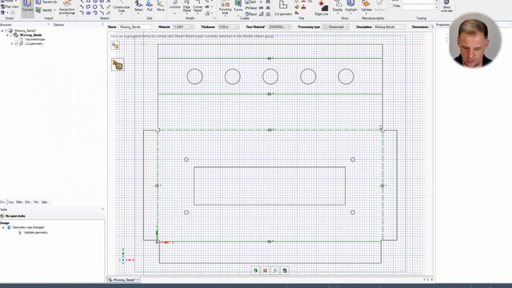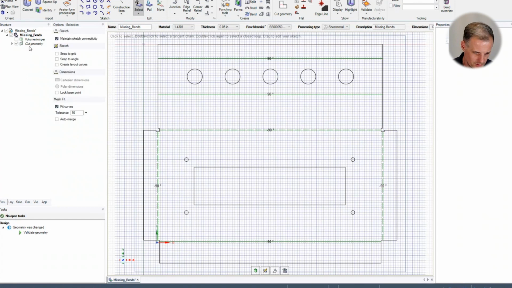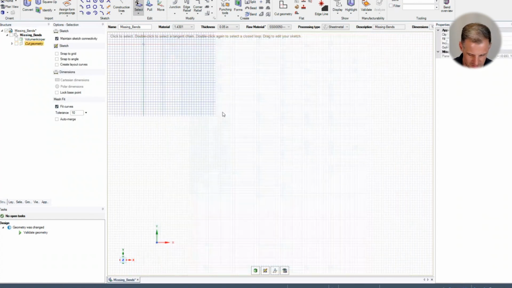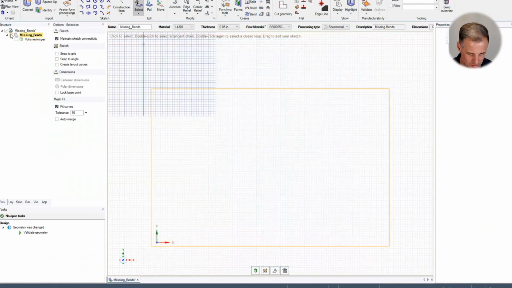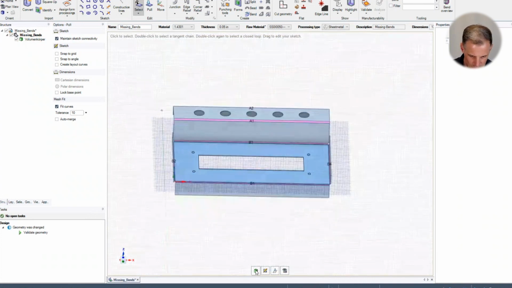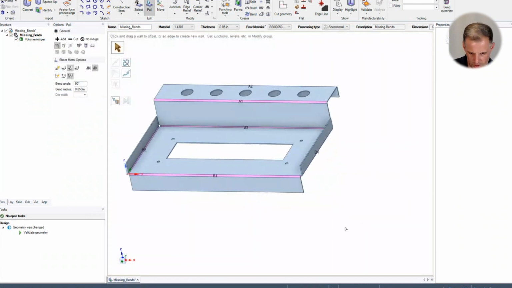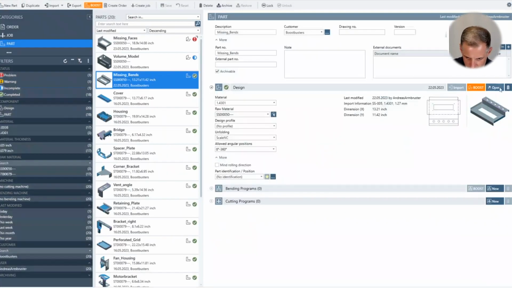So this can lead to a different shape of corner relief. So just one more thing on this part, and I will maybe load it again, because